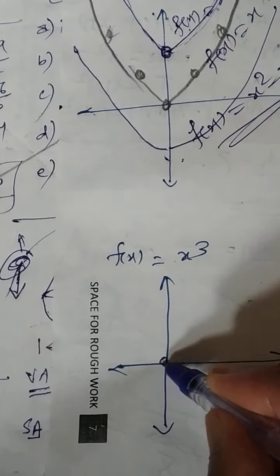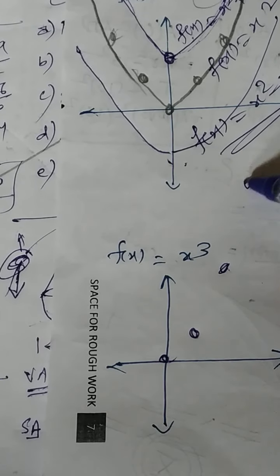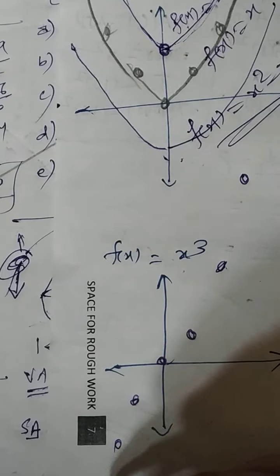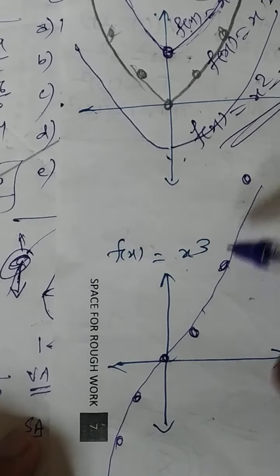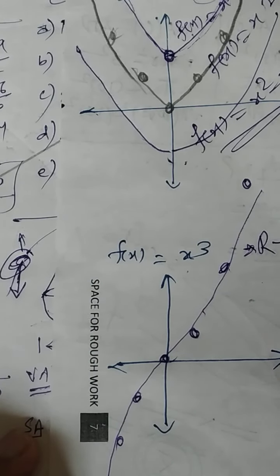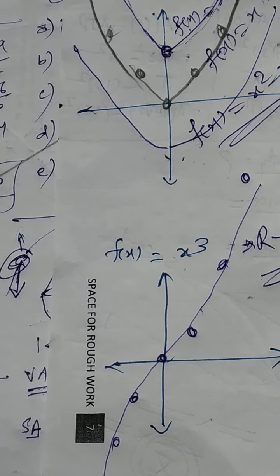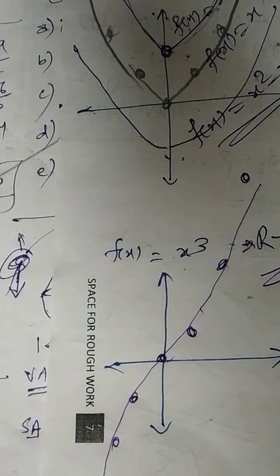And the last graph is about x cube. For 0, the answer is 0. For 1, the answer is 1. For 2, the answer is 8. For 3, the answer is 27, and so on. But for minus 1, you will get a negative answer. So the graph comes from down and it is like this. So the domain and the range both will be R. So the graphical method is also sometimes helpful to find out the domain and the range. Okay, we'll stop now.